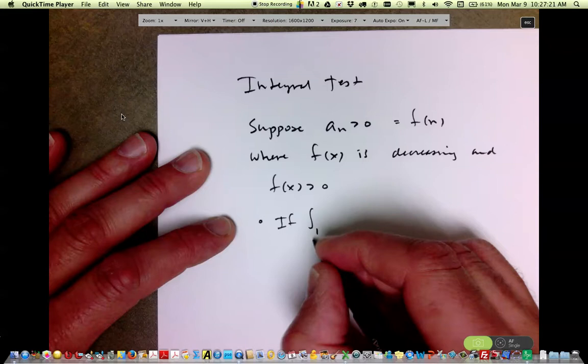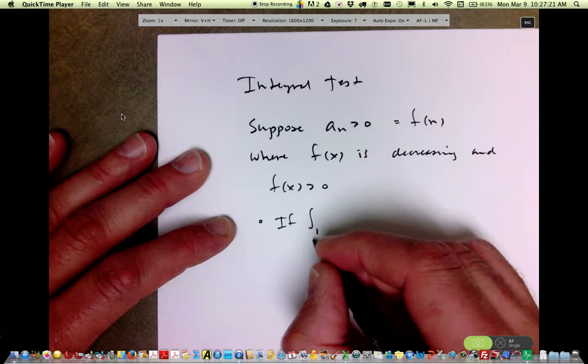Okay, so basically we're saying that if we can come up with some kind of a function that resembles the nth term, and that function is always positive and decreasing, then whatever the integral does, the series does exactly the same thing. All right, so for example, suppose we wanted to know something about the series that starts